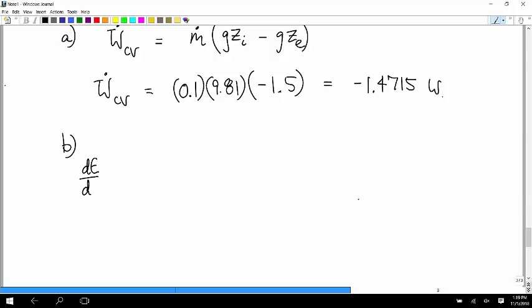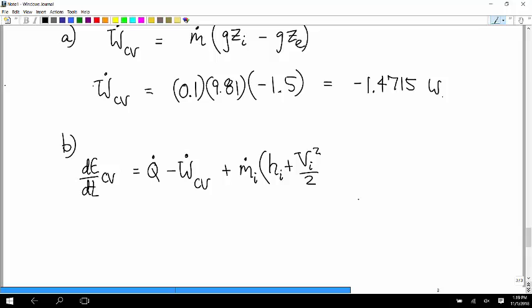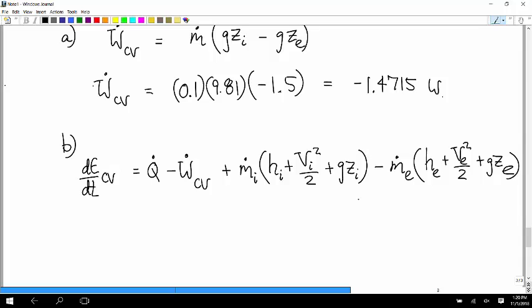So dE dt for the control volume is equal to Q dot minus W dot for the control volume plus MI dot times the quantity HI plus VI squared over 2 plus GZI, minus ME dot times the quantity HE plus VE squared over 2 plus GZE. And now,